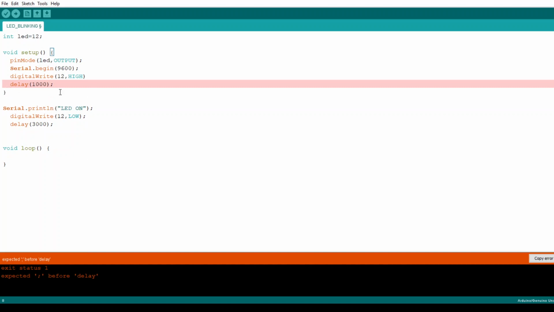This is our simple code. Here there is also LED off, which should be written the same way as that line. Here I am also writing Serial dot println.